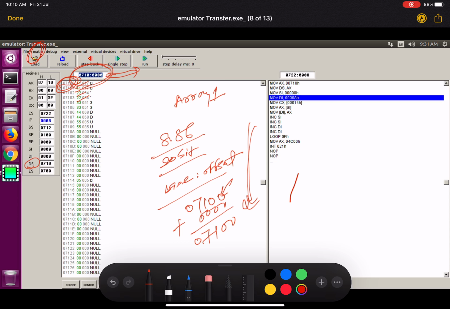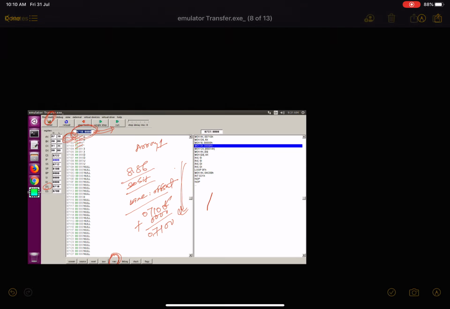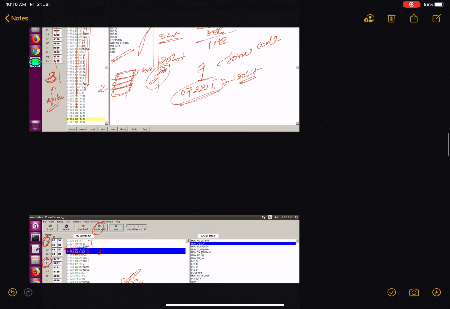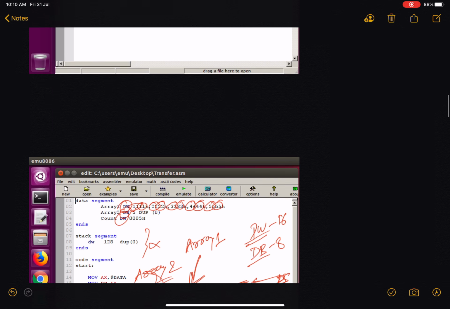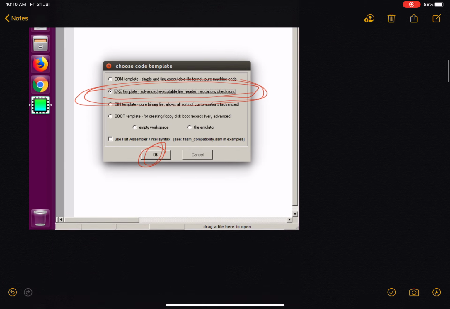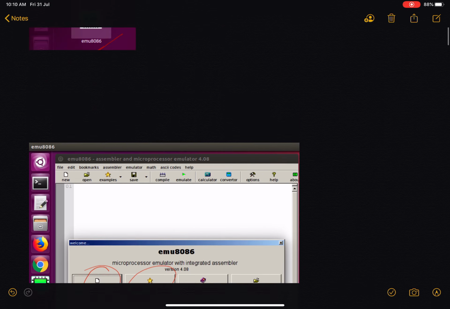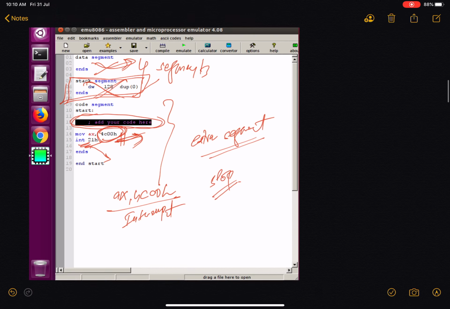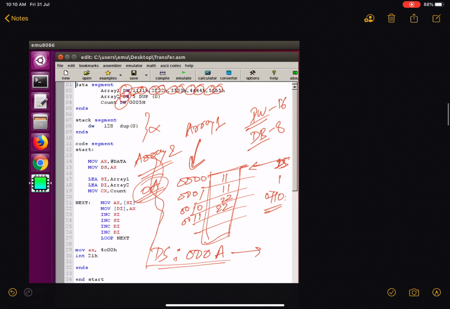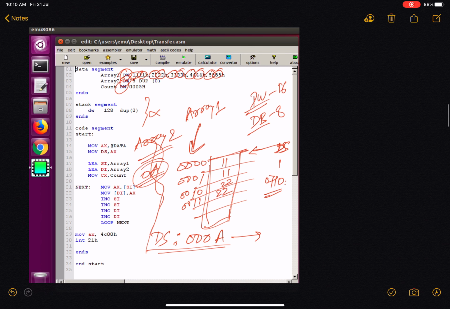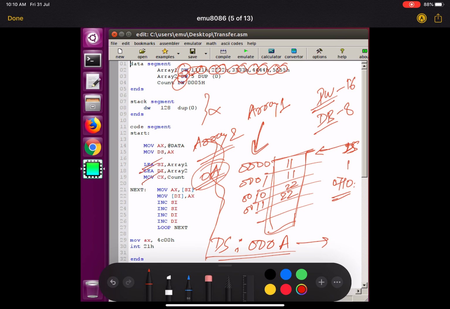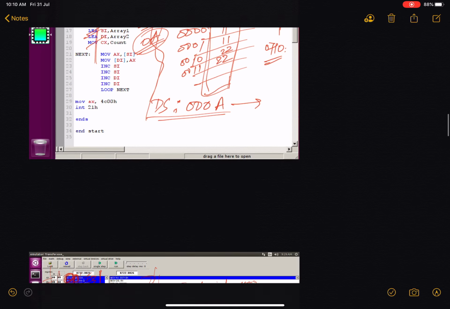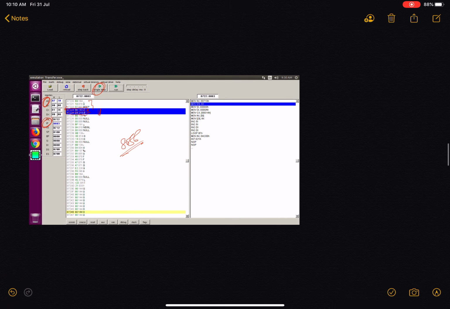Go through it again thoroughly, fine. And if you understand the emulator properly, you can indirectly understand the 8086 architecture, and it will help you a lot. Programming is a different thing. For that we'll practice again, and we need to learn the instructions. As you can see, if you don't know the instructions, it is not possible for you to write the program. So that is a different story. But at least if you understand this emulator structure properly, you can understand 8086 well. So I hope this is clear.